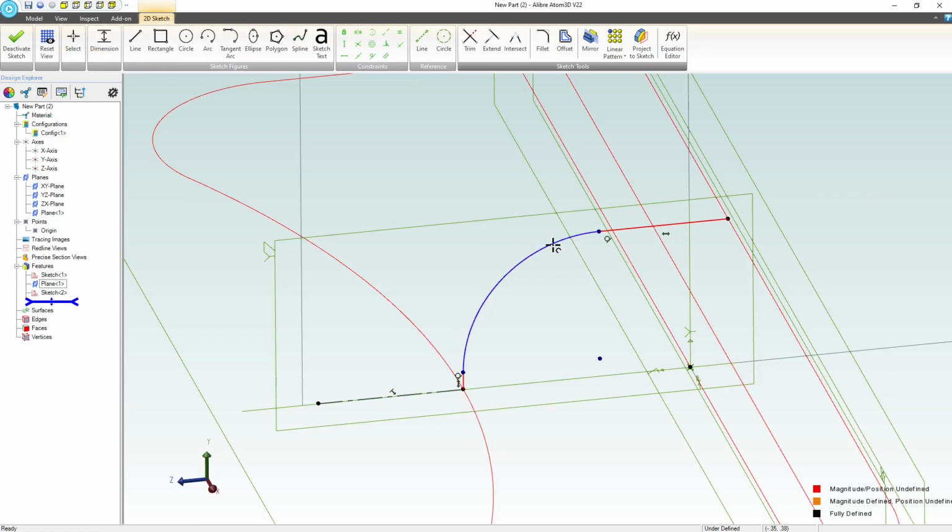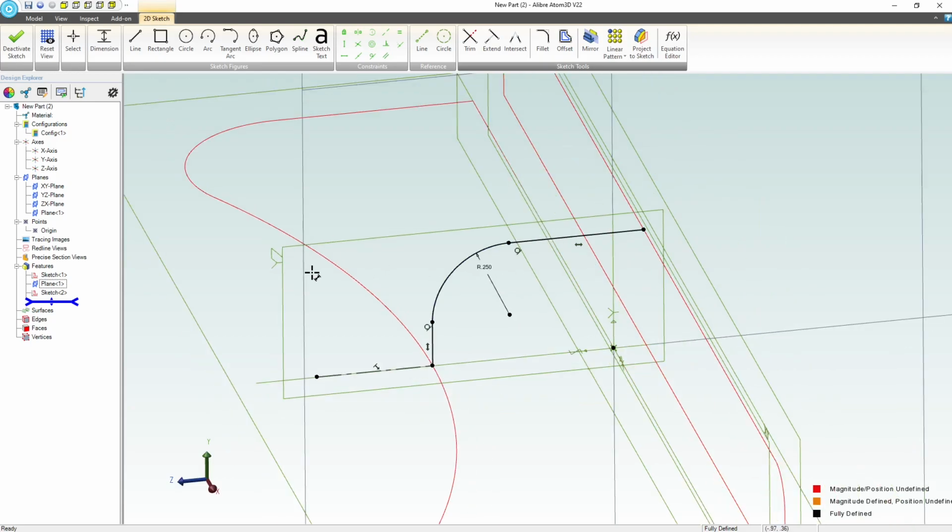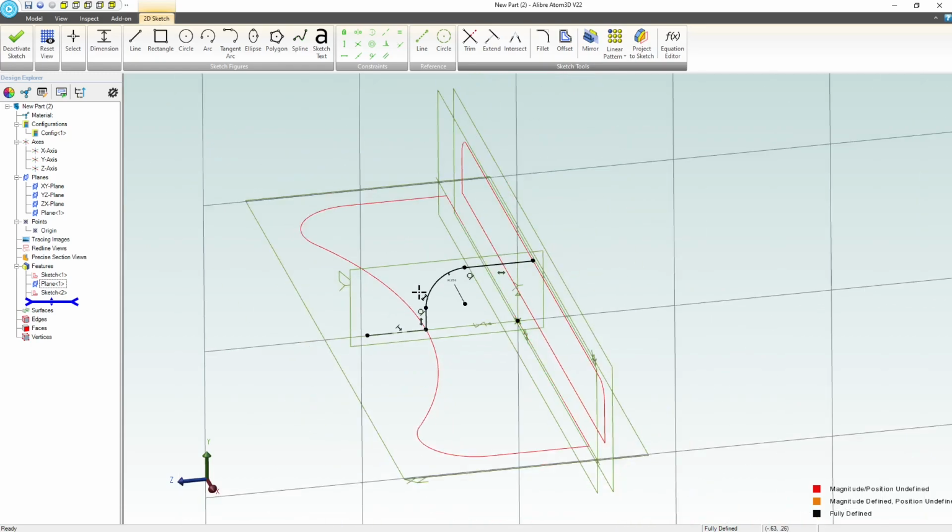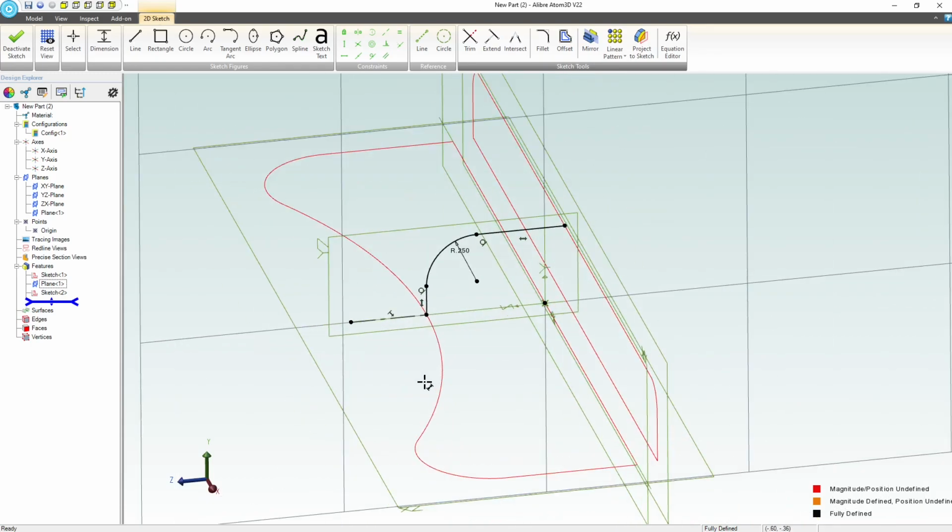We'll go to a dimension and say something like 0.25. Seems reasonable, right? So this guide curve will help us out with our loft. Now you're not limited to one guide curve, so depending on how picky or not picky you are, you can add additional guide curves along these profiles with, of course, creating new planes and offsetting them